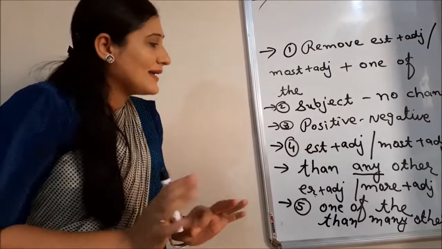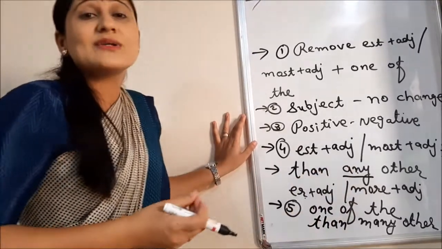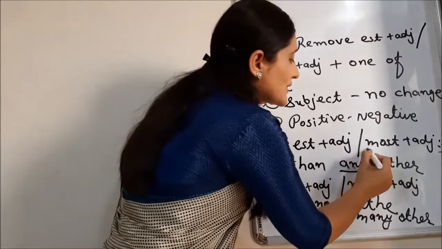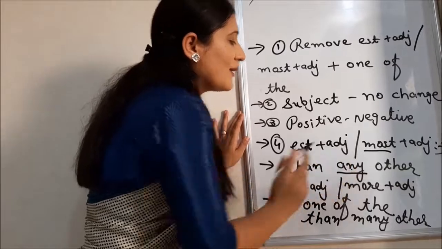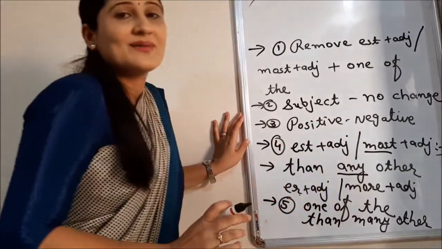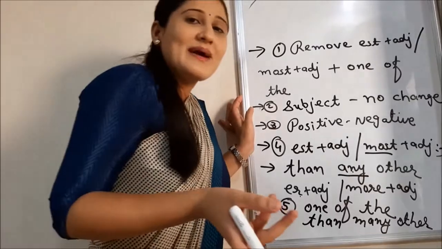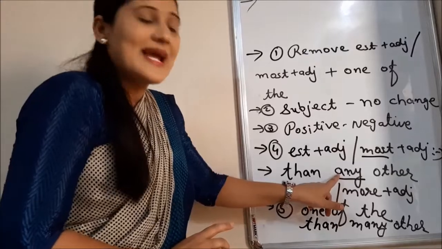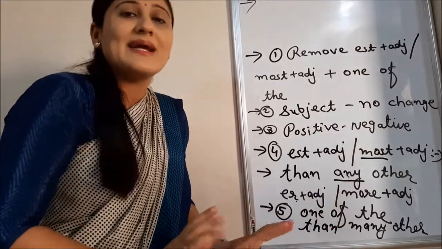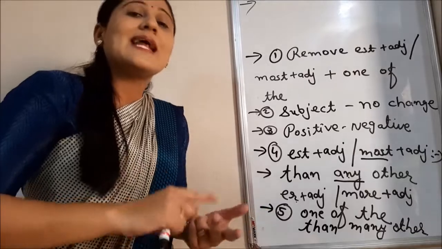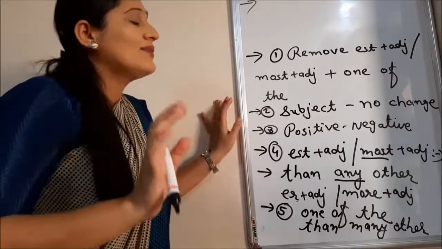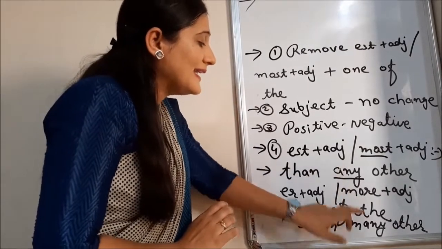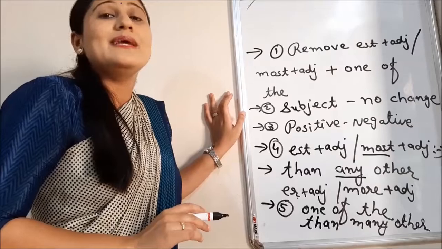Simply keep in mind. See how, when I was a student, how I was identifying. See, most or er plus adjective, then here many will not come. M will not come. Just joking, but you can use that method. If most or est, then there should be any, and one of the, then there should be many. So then any other, then many other, both are very important to write. If you mistake many for any here, the sentence meaning will be changed.